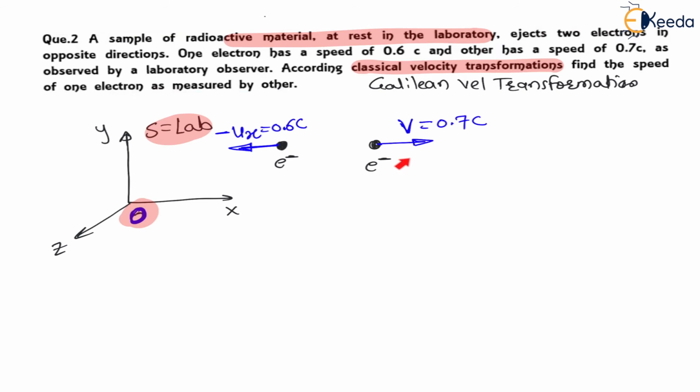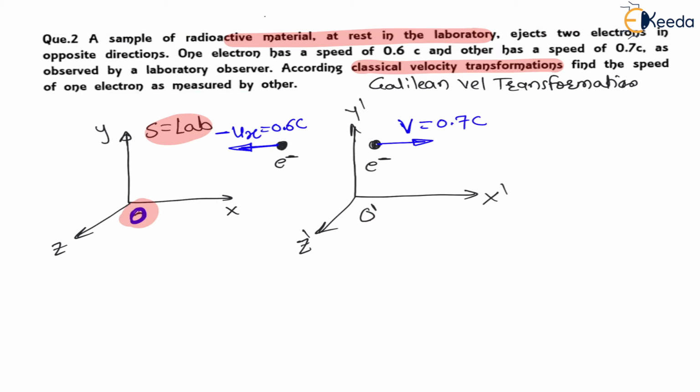Now here, one of the electrons is moving. Find the speed of one electron. Let us say we have to find the speed of the electron on the left side, with respect to the electron that is moving towards the right. This electron moving towards the right is nothing but another frame of reference. Let us say this is our other frame of reference, x dash, y dash and z dash, and this frame is moving with velocity of 0.7 c. So the observer here will be O dash. Now with respect to this observer,